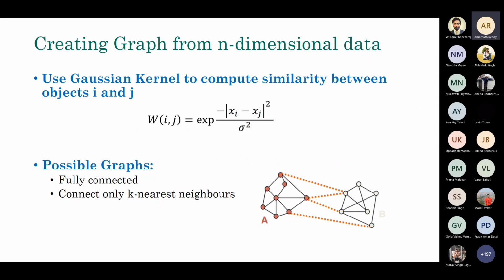Sir, to get the k nearest neighbors, we have to calculate the distance between every pair, right? Right, so that's again the same problem. The problem is computing the distance, but the graph you ultimately get is not very large because you are sparsifying the whole thing. You are right from one angle, but the final graph will have fewer edges, so it's a little easier to manipulate later on.